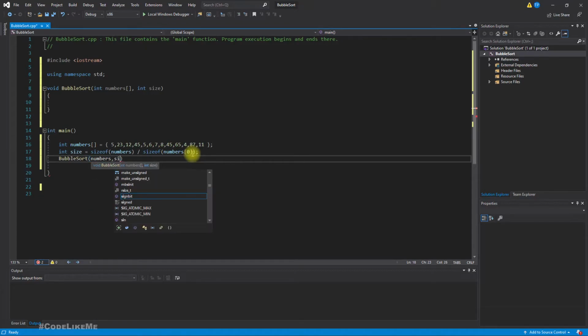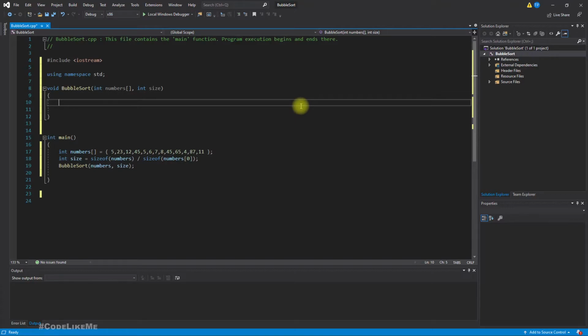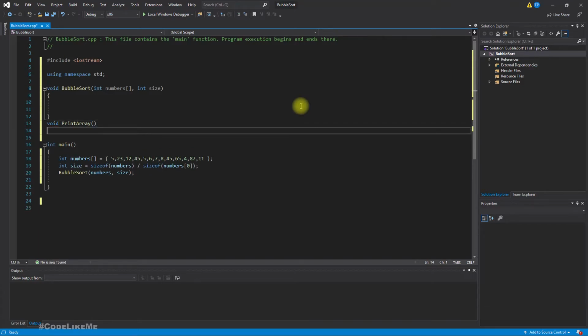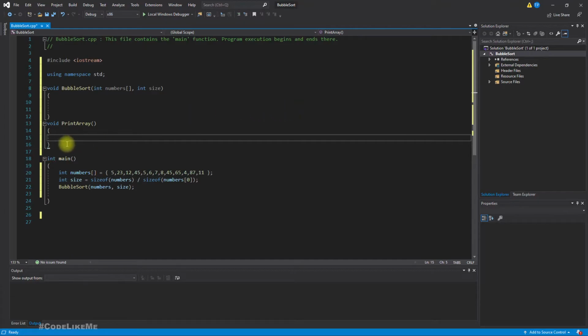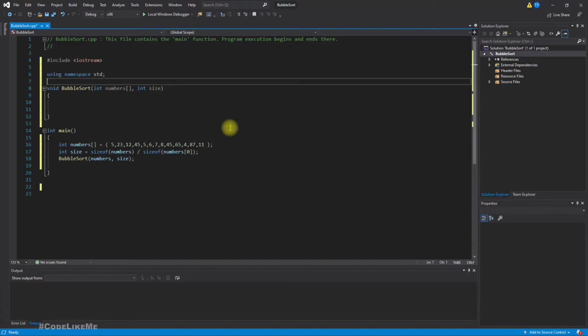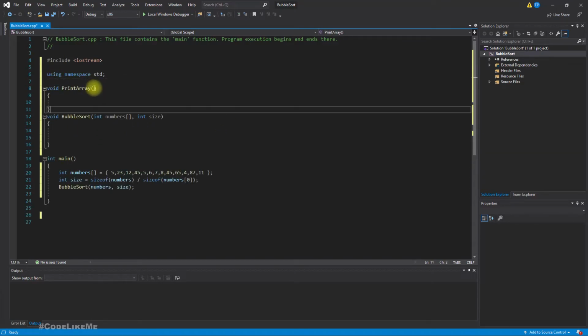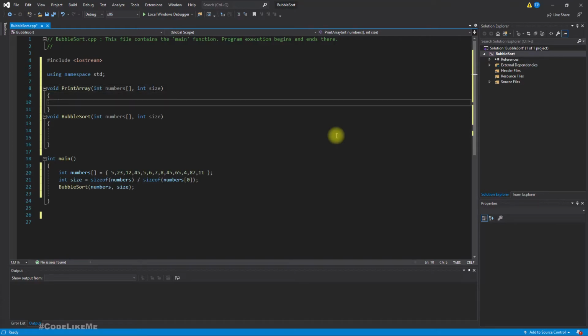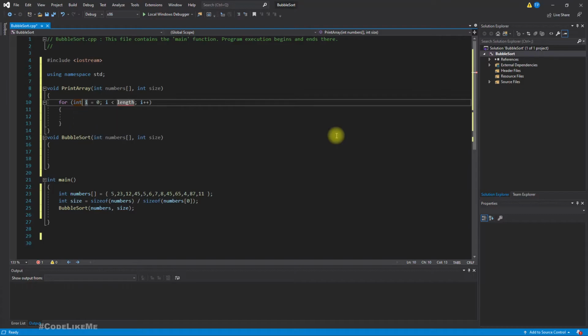numbers and size. Okay, so still we haven't implemented the sorting algorithm, but first I'll implement another function to show the array, because we need a way to display the array that we already have. I'll put this before the bubble sort function so that I can use it in the bubble sort function as well. Int numbers, int size,